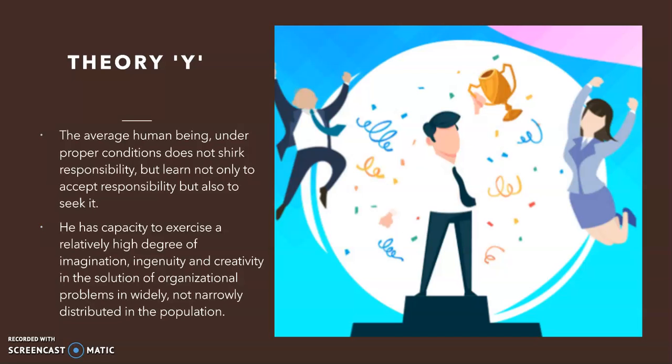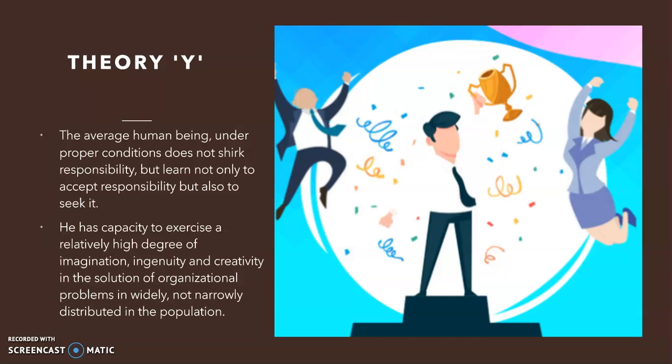And Theory Y assumes that people are inherently happy to work, they can and want to exert themselves, and they are motivated to pursue objectives. There is no need for a system that involves rewards and punishments. People can and are ready to take responsibility if they are provided with the right nature or atmosphere